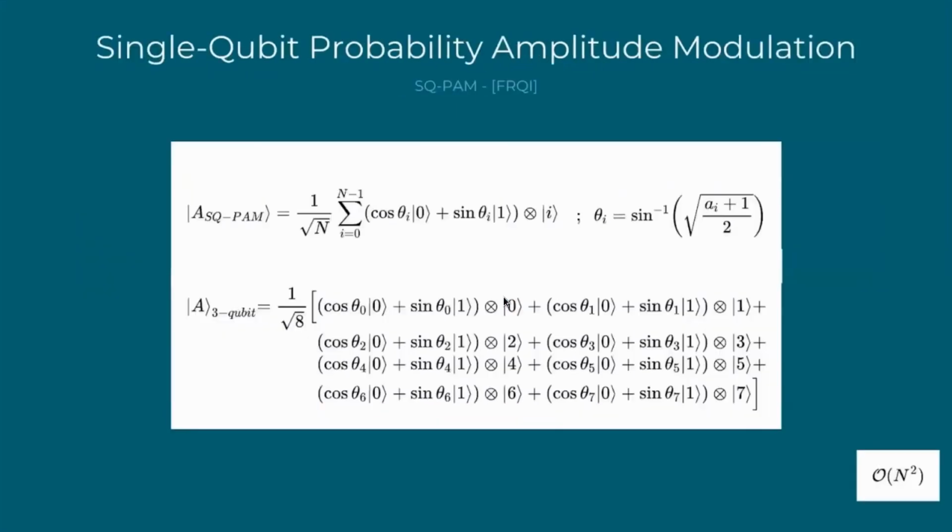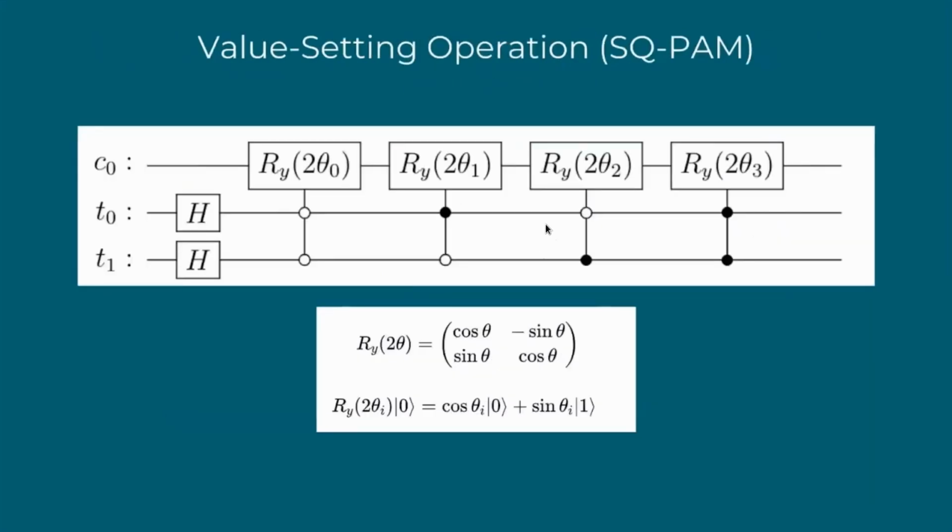How do you actually set these amplitudes, these angles? If you need to learn anything from this presentation, it is this slide, the value setting operation. The idea is that you have some gate responsible for setting the amplitude values on your register. It can be anything depending on the representation, but the important part is how you entangle amplitude information